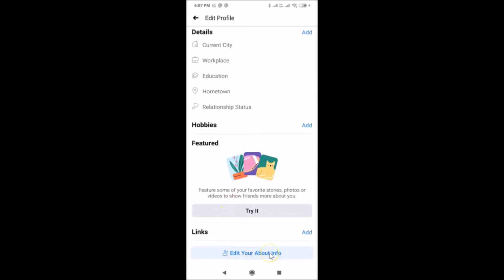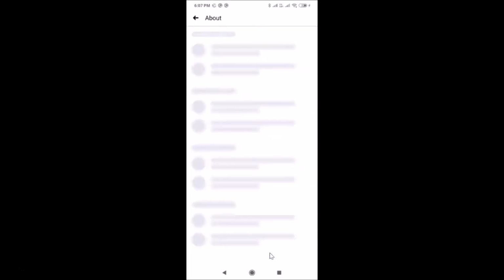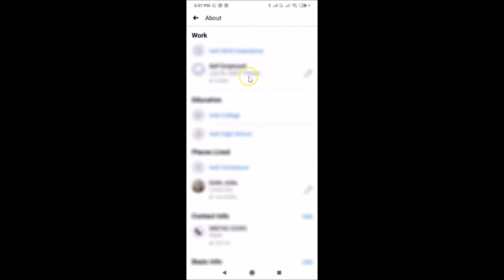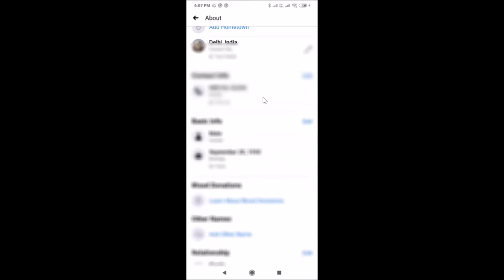your about info. Okay, let me tap on this, and I have this about screen opened, and on this screen guys you have to scroll down to this basic info section. You can see guys, I have my birthday currently set to public. So in order to edit this you have to tap on this edit link next to this basic info. So let me tap on this,